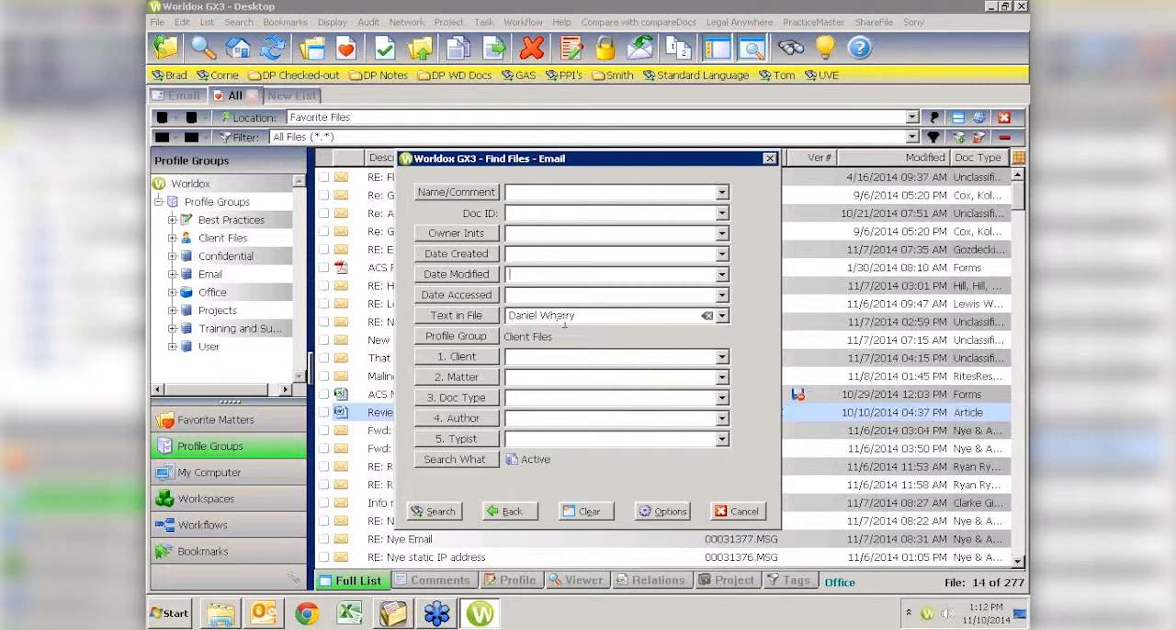So if instead we simply separate this with an operator, and it does not have to be capitalized, I just do that because I'm a little, I don't know, particular, and that's the way I learned to do it long ago when Boolean was the only way to search for things. And so now I'm searching for the word Daniel and the word weary somewhere within the text. And so if I go ahead and search, I will get,